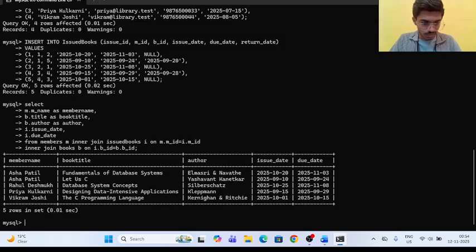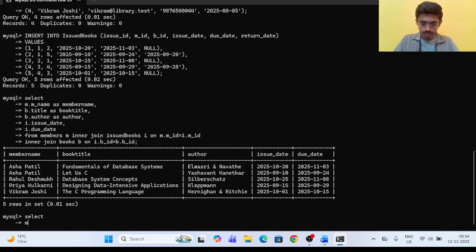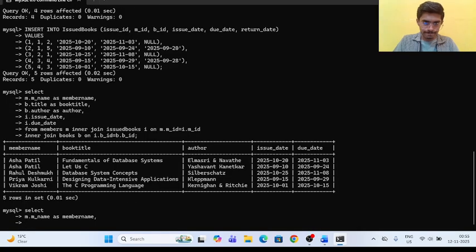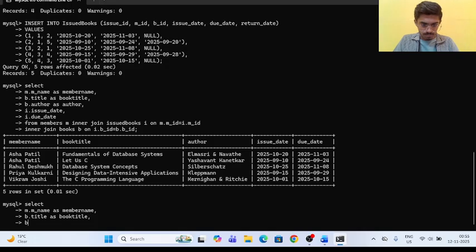So again, it's mostly the same concept: select all the columns that we actually want, member name, b dot title as book title,